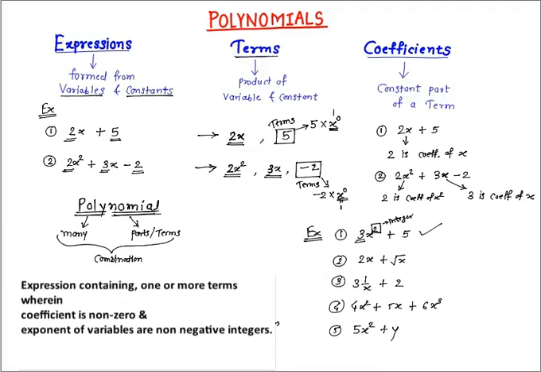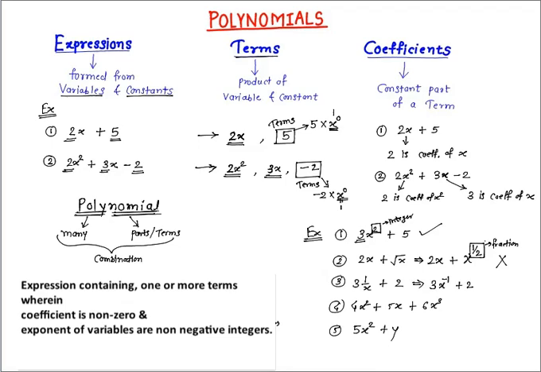Now what about the second expression? We can see the exponent of the variable. We can write this expression as 2x plus x raised to the power 1 by 2. Root of x can be written as x raised to the power 1 by 2. Here the exponent of the variable is a fraction which is not an integer. Hence we can say this expression is not a polynomial. In the third expression, we can write 1 by x as x raised to the power minus 1.